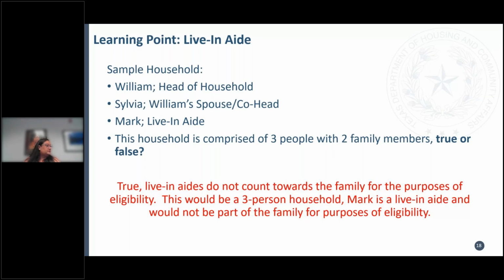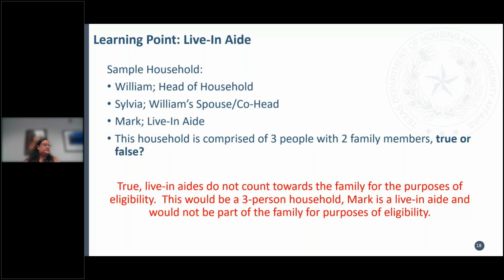And it's talking about how you count, you don't use them for the income limit, but how does that work with occupancy limits? So for occupancy limits, some of that is going to have to be program specific. But for the example on the screen where we've got a married couple and one live-in aid, I would expect to see this in either a 2 or a 3 bedroom. I would not expect the live-in aid to share a 1 bedroom with these folks. So that is why they count towards the household, but not towards the income limit, because you may have to have a larger unit if they've got a live-in aid and they need to have an extra room for that person.